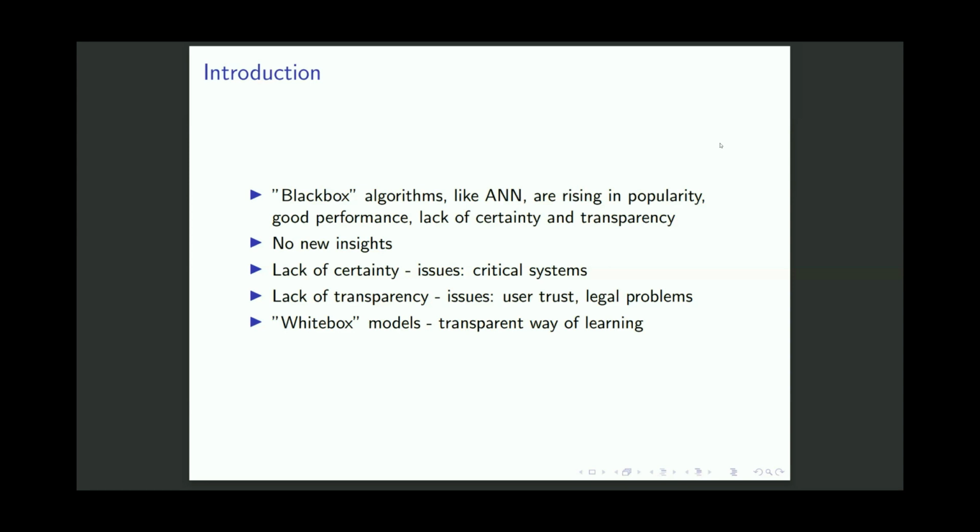don't understand. If they don't work in AI or deep learning, they won't understand what it does, and that could actually cause problems for certain businesses. If a user wants to know why this ad was recommended to them, you can't really give a justification, just this is what the algorithm gave us, and we passed it on. This might also bring some legal issues because you have to justify some decisions. This is why we wanted to do a white box model, to develop something that can learn in a more transparent way.